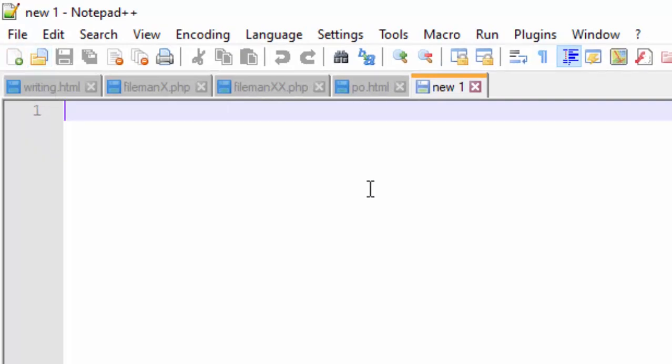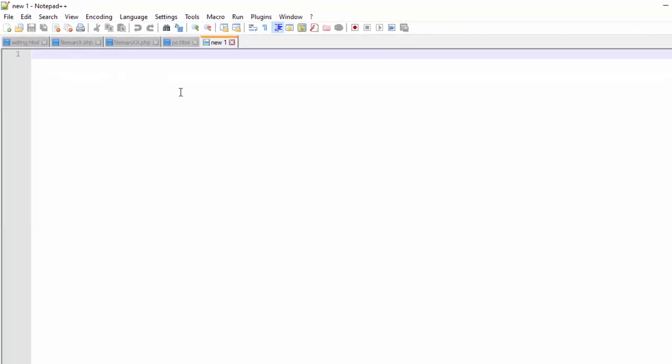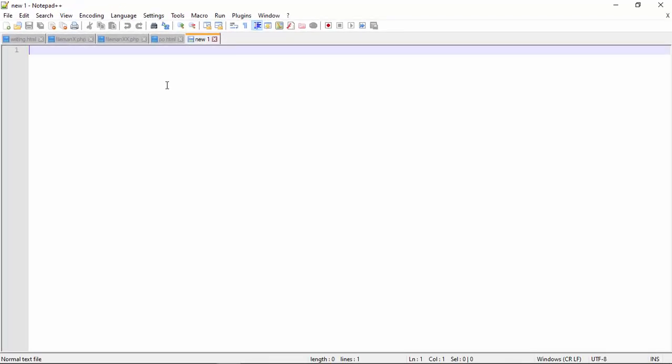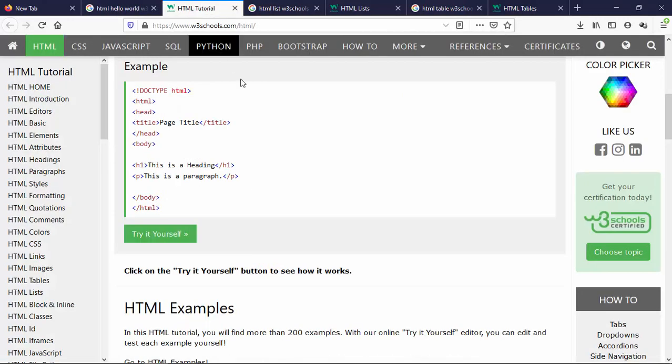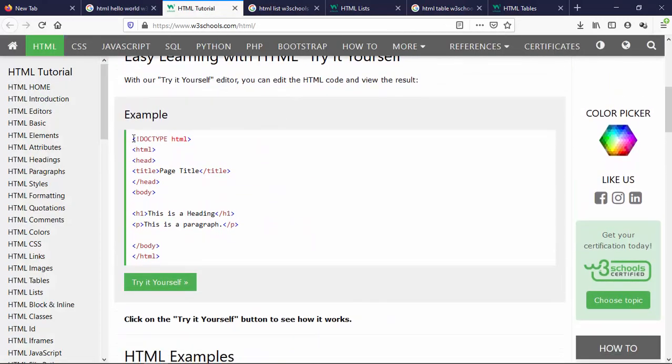Then how do we get a template to start with a new HTML file? One thing you can do is go to Google and search for HTML hello world, and then you can specify the portal that you want to search in, which in this case is W3 Schools, the best portal for any newbies to do web programming. So we get the first entry from W3 Schools here. You can see this page gives something very similar to what we have in our skeleton HTML code in our slide.